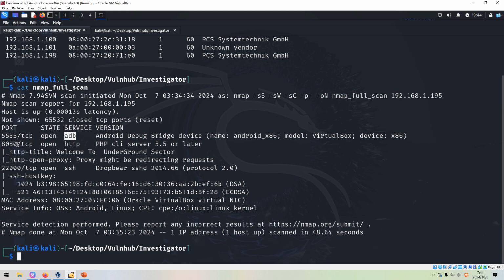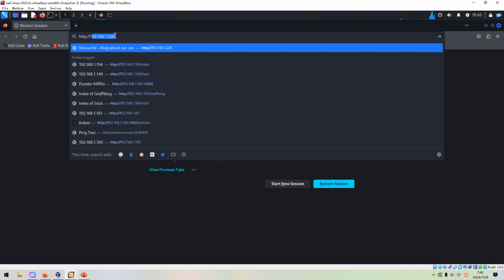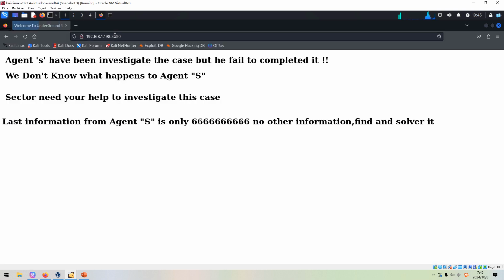And the next one is the normal one, 8080, which is running the HTTP service. So what should we do next? We need to do the enumeration by emulating the HTTP service. Let's fire up the Firefox browser to do the manual enumeration first. 8080, press enter.